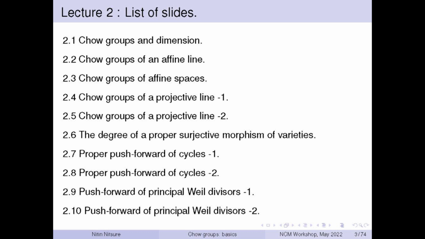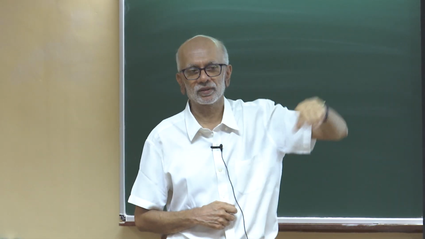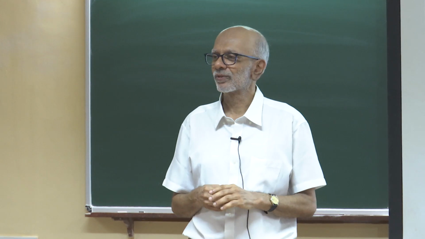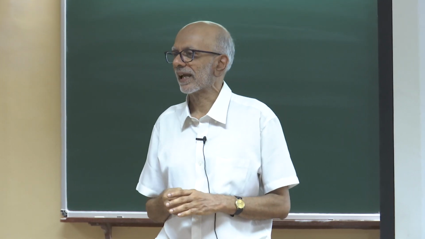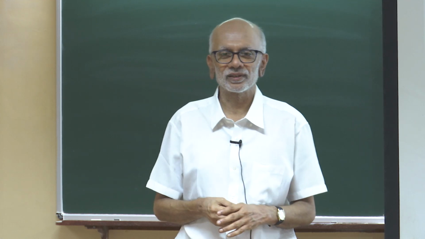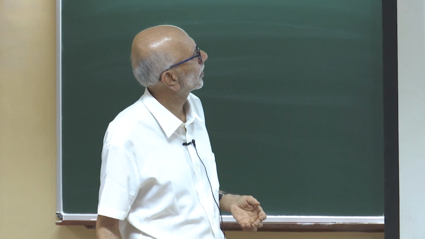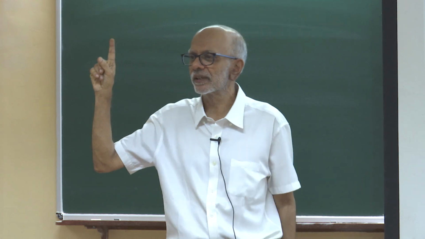So for an affine line, the first Chow group was therefore Z, generated by the cycle of the affine line itself. And the 0th one we said is 0, because given any closed point, which is a subvariety of dimension 0, we said that it is defined by the vanishing of exactly one polynomial. Polynomial is of course a rational function, so the divisor of that is this point. So all your basic cycles are equivalent to 0 rationally, and so the 0th group is 0. And then we talked about Chow group of affine spaces. So we said the top group is